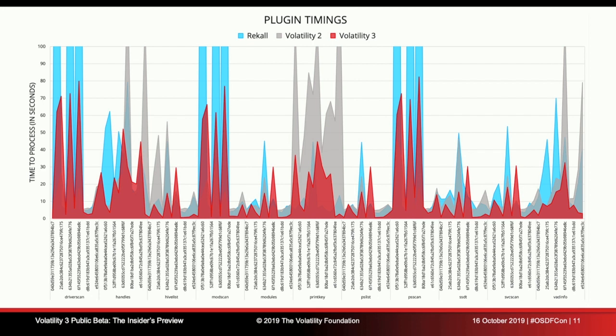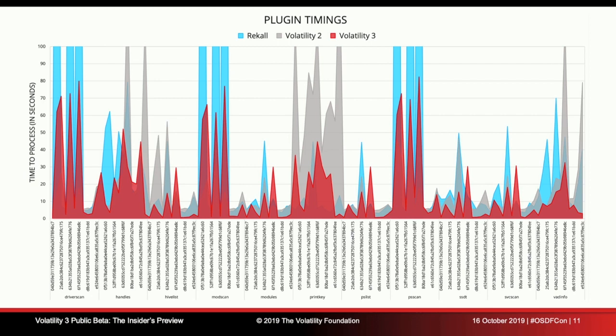Windows started implementing, we're going to map lots of memory, but it's all going to map to the same page, and it's going to be a dead page that's not going to have anything in it. In Volatility 3, we had that from the beginning because we knew it was coming, and we've implemented it slightly differently, which is a little bit slower, but should guarantee you never miss a memory page that could be important.